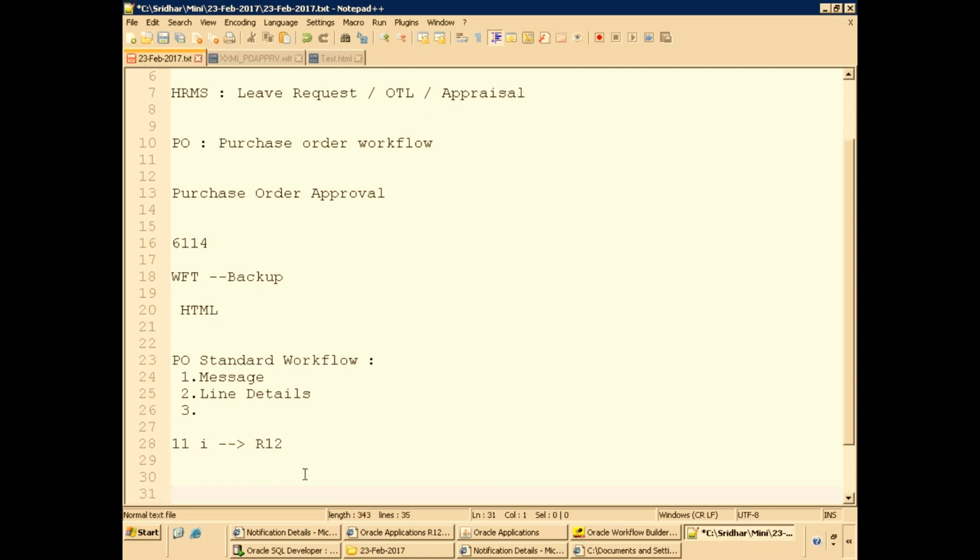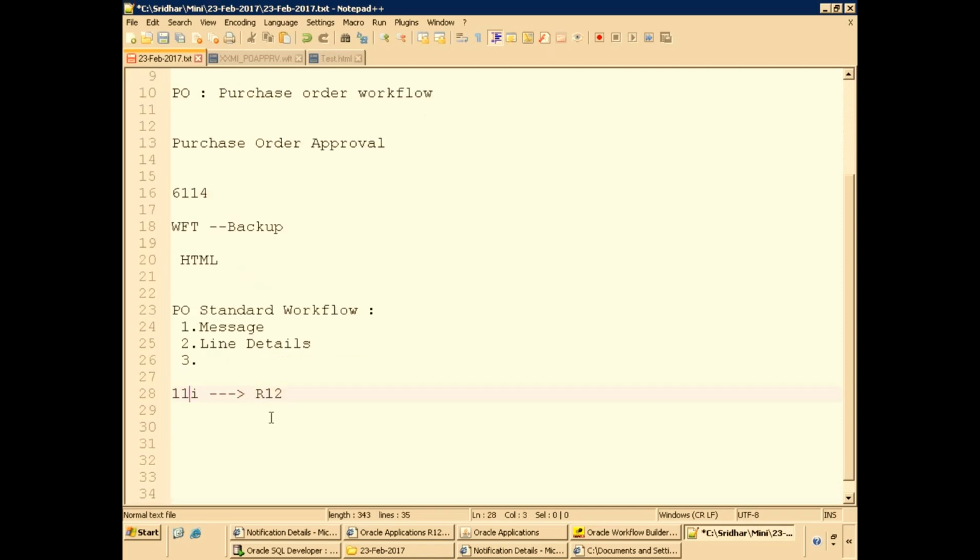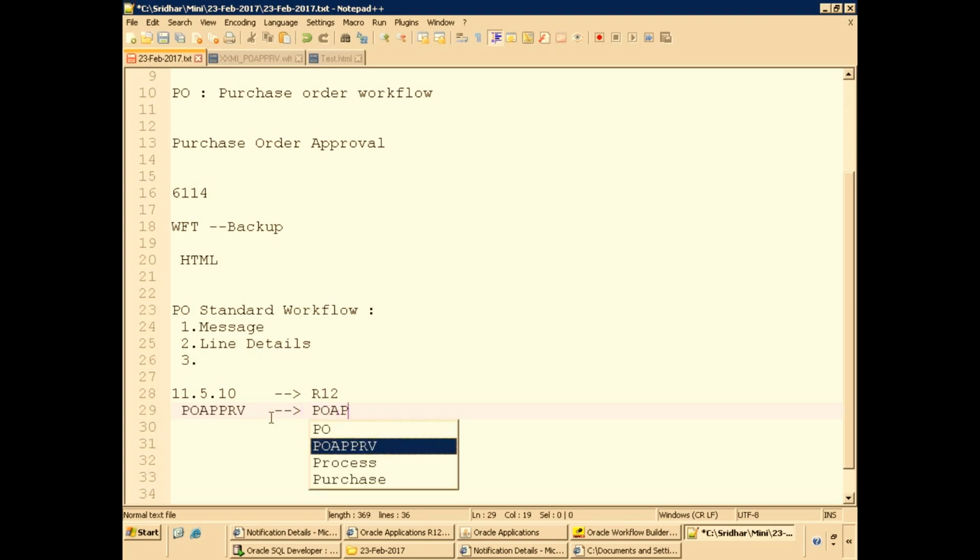Generally, whenever you upgrade from one version to another, in the 11.5.10 instance the client already had a customized workflow. But Oracle totally changed some of the logic in the new workflow. The PO approval workflow in 11.5.10 is not equivalent to the PO approval workflow in R12.